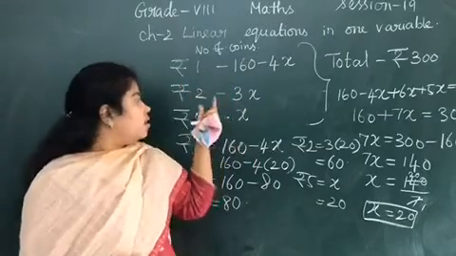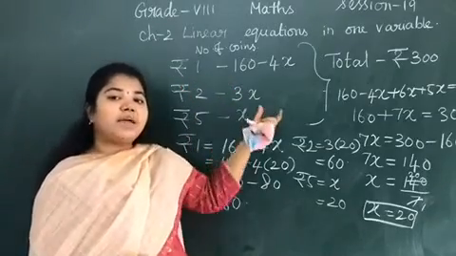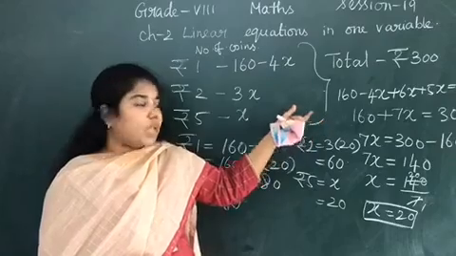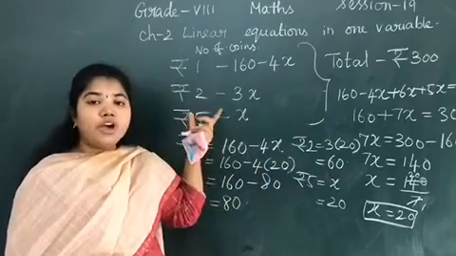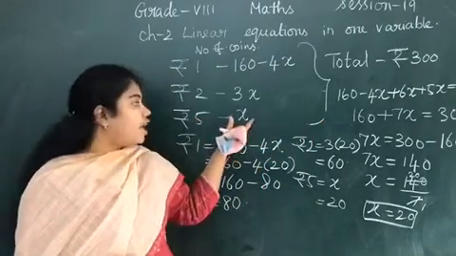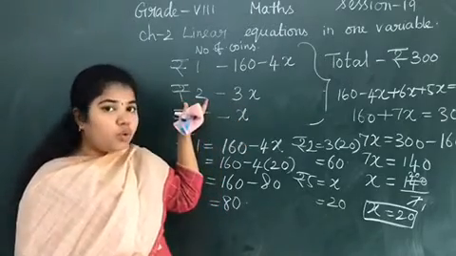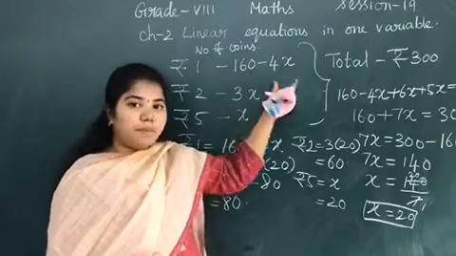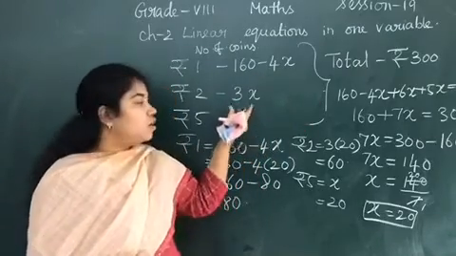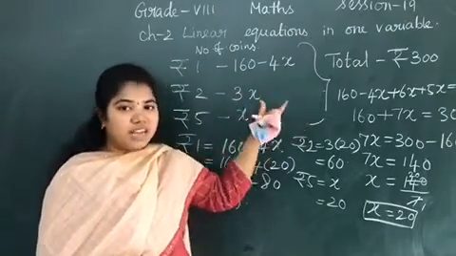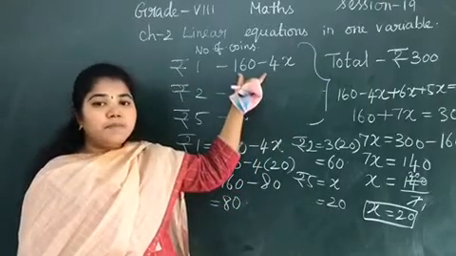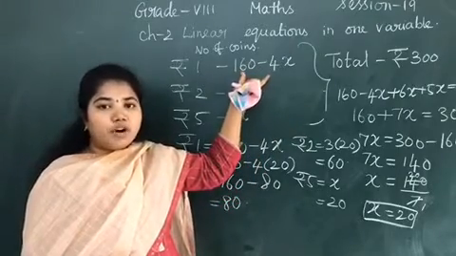And in that, rupees 2 is mentioned as 3 times rupees 5. I don't know how many coins are there in rupees 5, so I kept that as x. Now rupees 2 is mentioned as 3 times of rupees 5. Now rupees 5 is x, so 3 times of rupees 5 means 3x. Now they did not provide any hint for rupees 1.